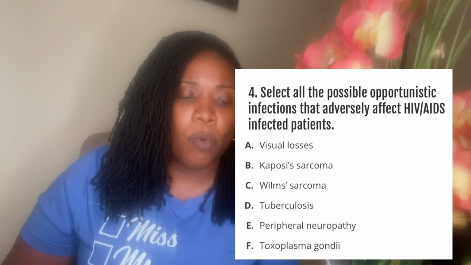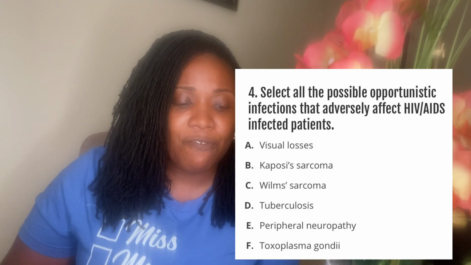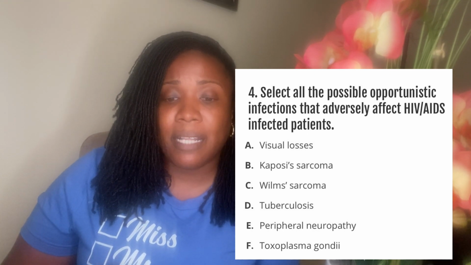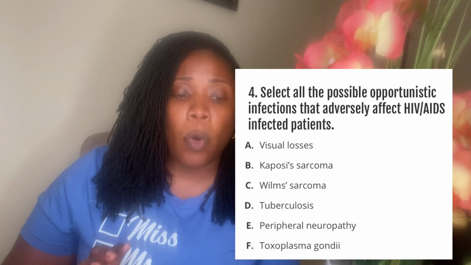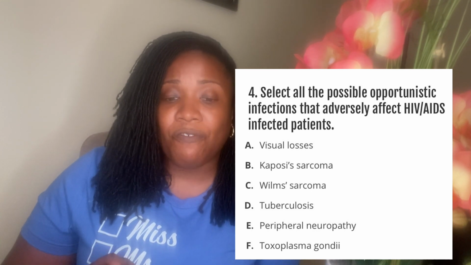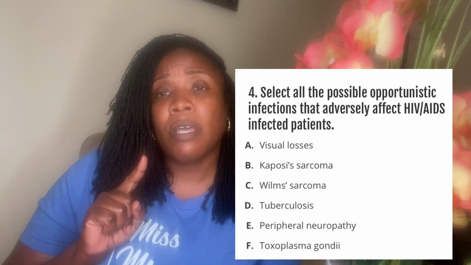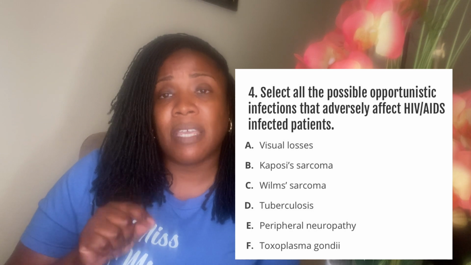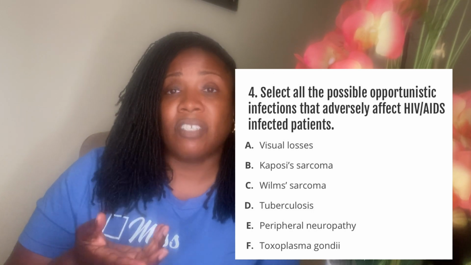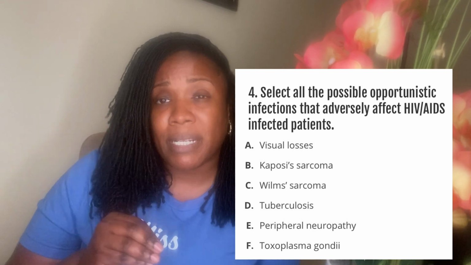All right, number 4 is select all the possible opportunistic infections that adversely affect HIV and AIDS infected patients. So all the possible opportunistic infections that would affect someone who had HIV and AIDS. There are certain infections where patients who have HIV and AIDS are susceptible. The reason for that is, of course, HIV and AIDS is a virus, and this virus actually suppresses the immune